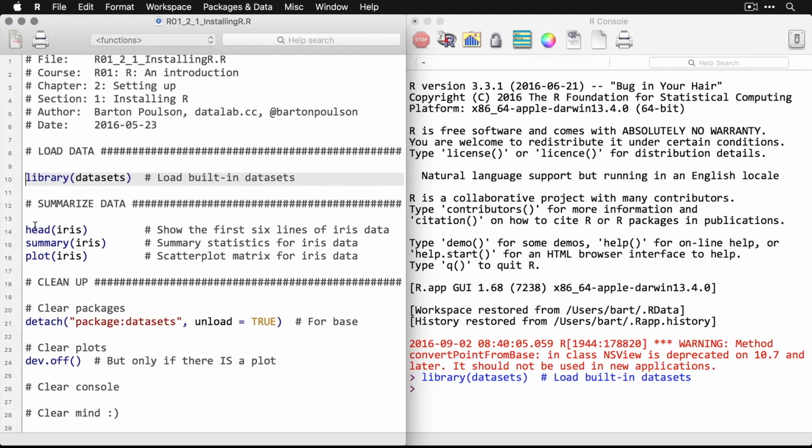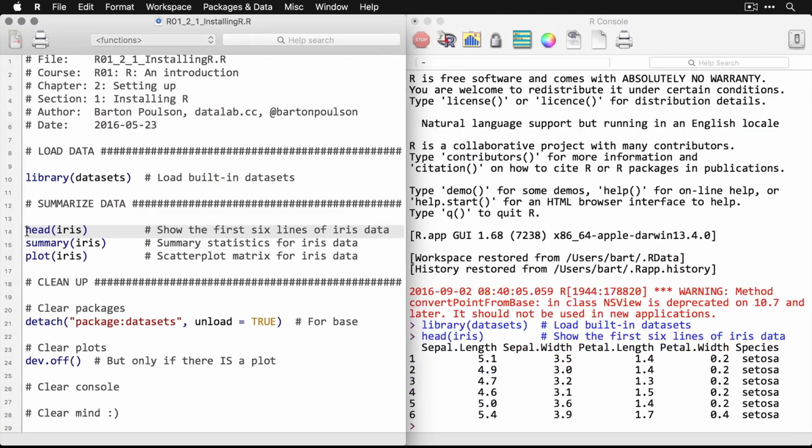Now I'm going to pick one of those data sets. It's the iris data set. It's very well known. It's measurements of 3 species of the iris flower. And we're going to do head to see the first 6 lines. And there we have the sepal length, sepal width, petal length, and petal width of, in this case, it's all